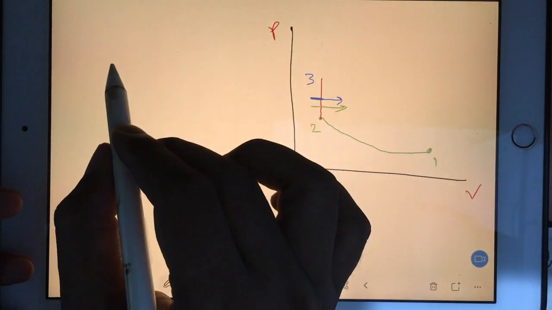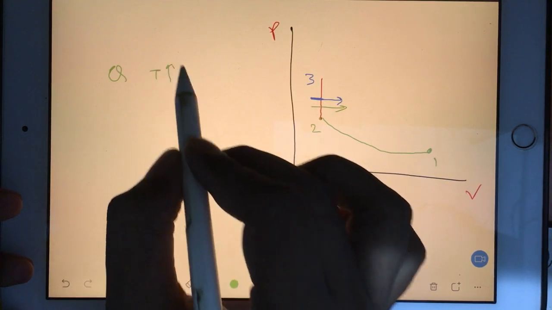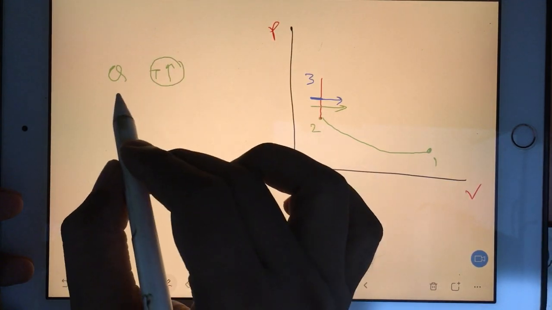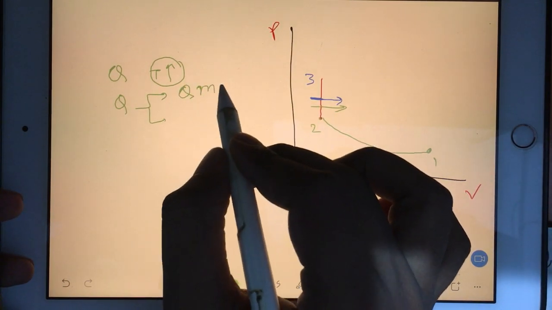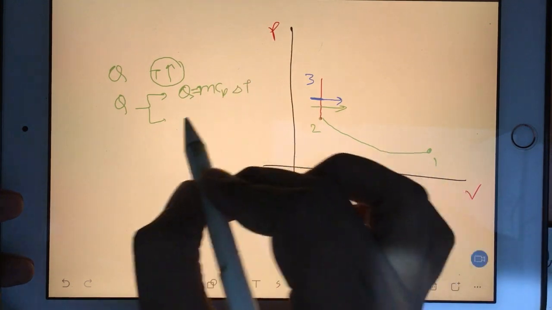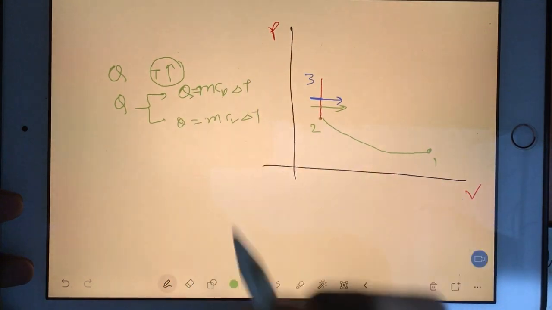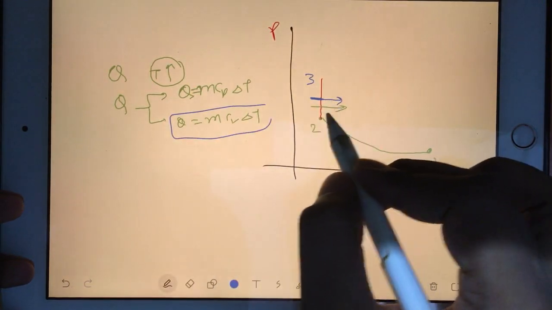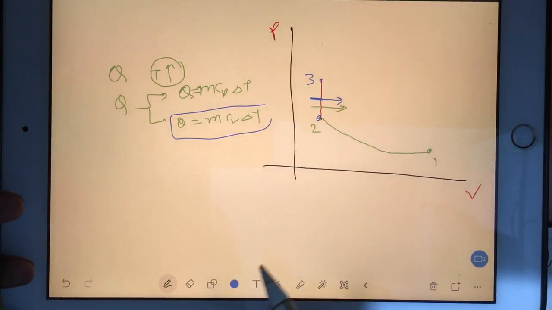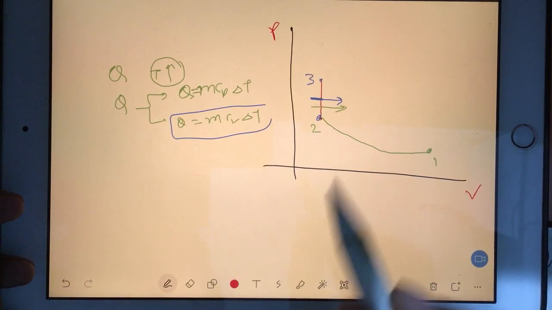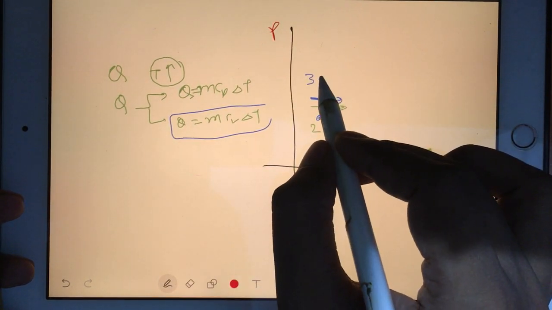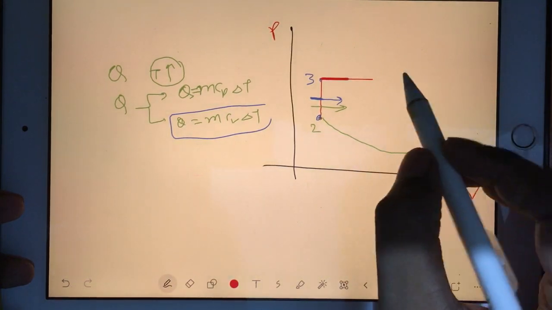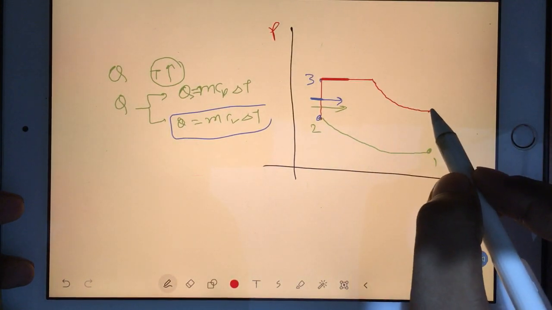You know that whenever there is heat addition, your temperature will increase, and you should know the formula for heat addition. You have two formulas: Q = m Cp delta T, and Q = m Cv delta T. For the 2 to 3 process we will choose this formula. Now we have another process known as constant pressure heat addition, and keep in mind constant pressure has another technical name, isobaric. So the constant pressure line will be like this, and after that we will come like this and attach here.